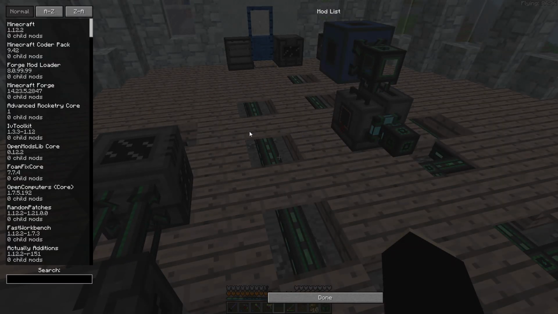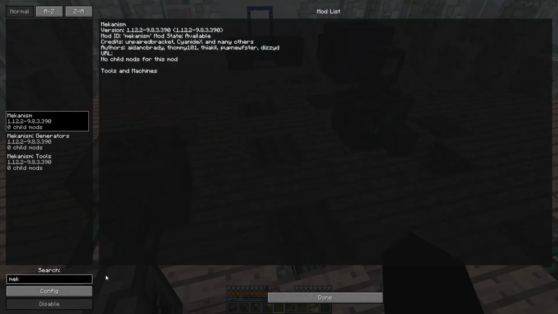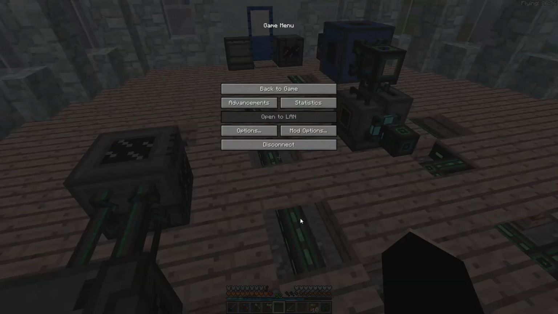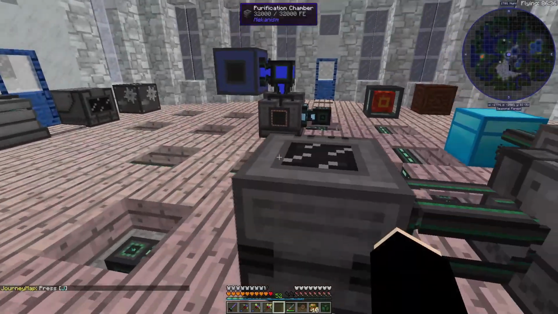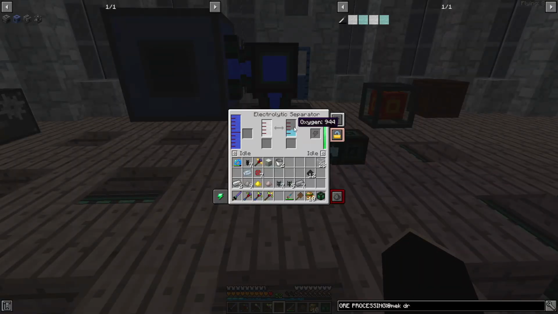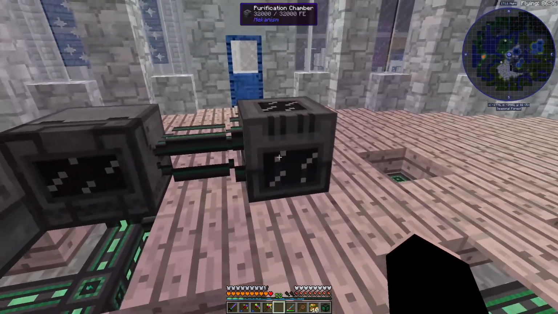Oh, wait, hang on a second. Mechanism. Check client settings. Yeah. What was it? 0.2? 0.3? Okay. Well, Minecraft didn't quite like that, so I had to completely restart my client. But it's a lot quieter now, which is good. And now